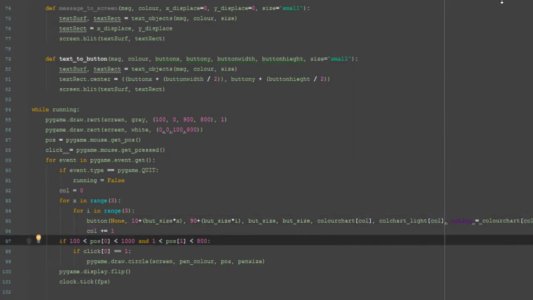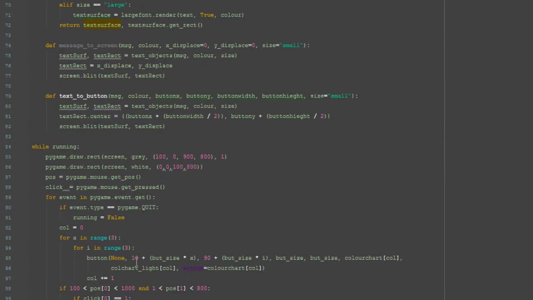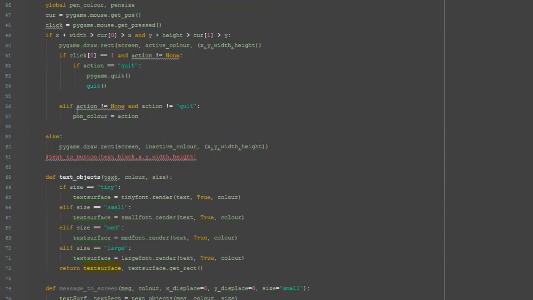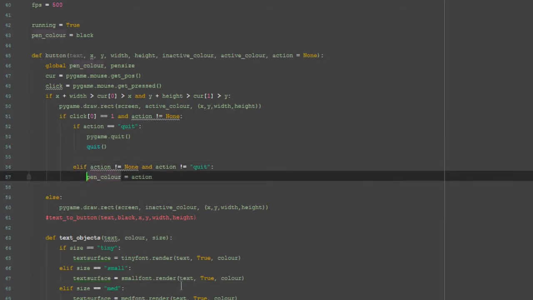Hold on one second. Alright, so I found out what the error was. It was my mistake. I've actually played around with a little bit of it while I was trying to fix it, and I realized that I put this in line with the click function, so I was always just reassigning the color no matter what. Because click was never equal to 0, and therefore it was always just checking whether the thing was within the